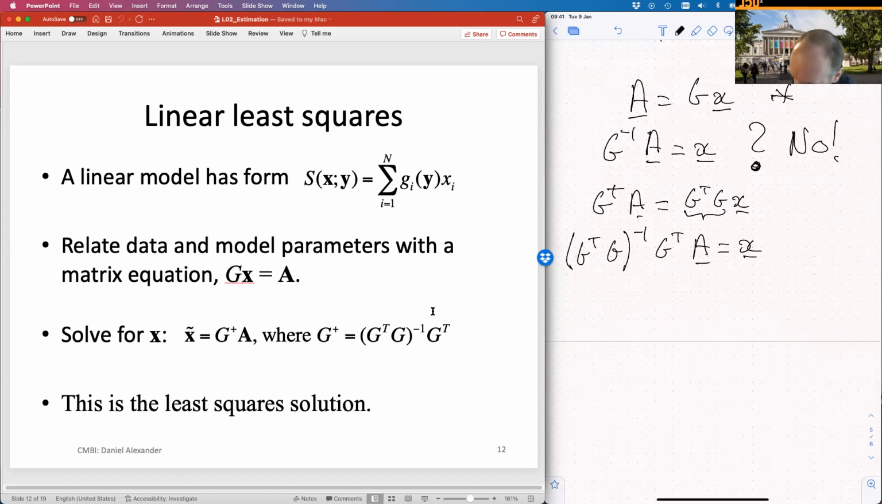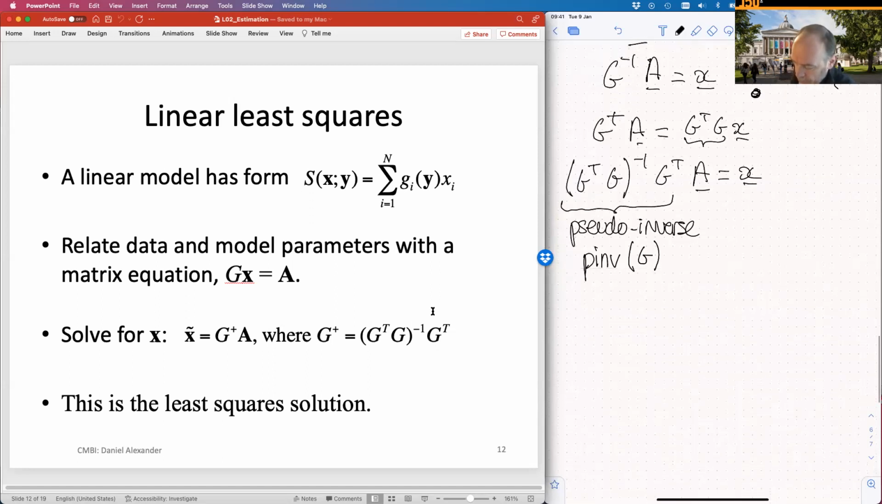This thing here is known as the pseudo inverse of G. It's such a common thing to want to do that there's actually a MATLAB function that computes it for us. And similarly, in most mathematical programming environments, there's a function called pinv for the pseudo inverse of G. So if we were writing this in MATLAB, we could simply write x is pinv of G times the matrix